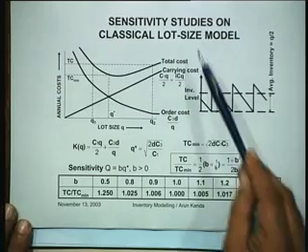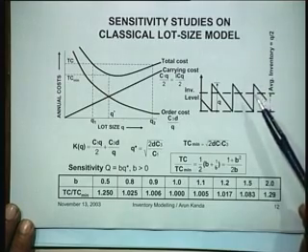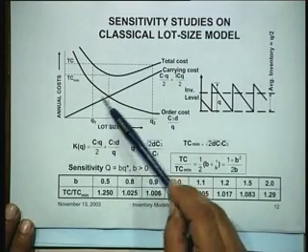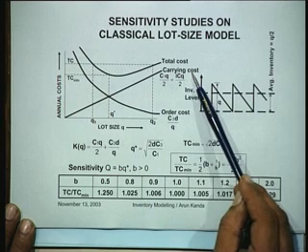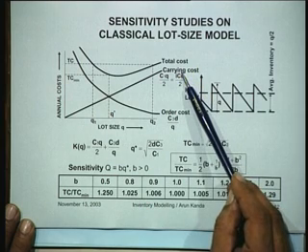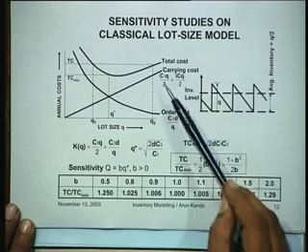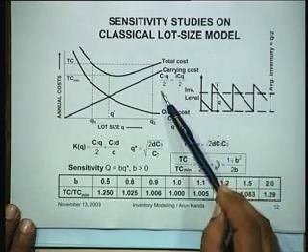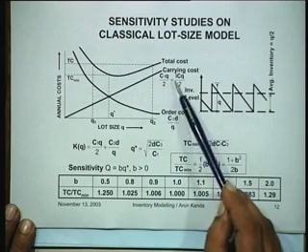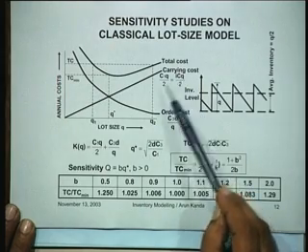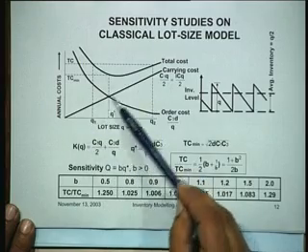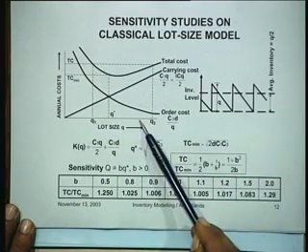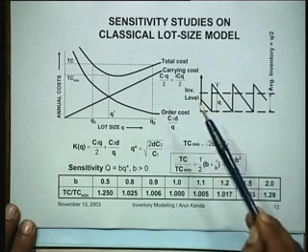Now here are some interesting sensitivity studies on the classical lot size formula. If you see this classical lot size formula, basically there are two types of costs involved. One is the inventory carrying cost, and the inventory carrying cost is C1 into Q by 2, because for a pattern of fluctuation of inventory of this kind, the average inventory is Q by 2. So C1 into Q by 2, or ICQ by 2, will be the carrying cost, and this is the straight